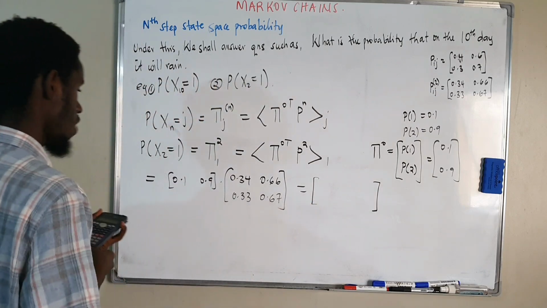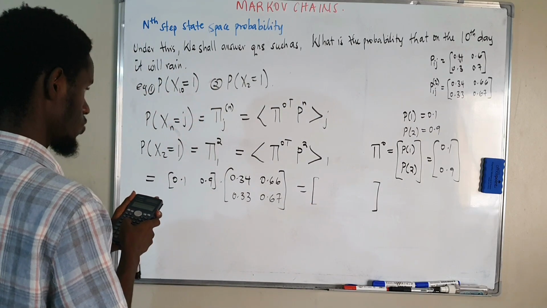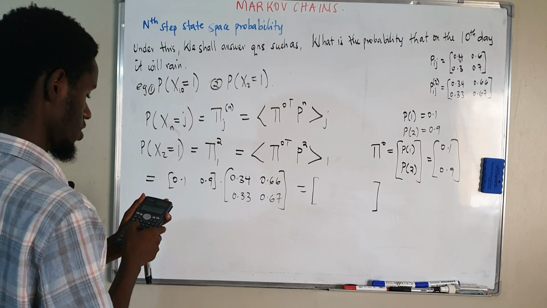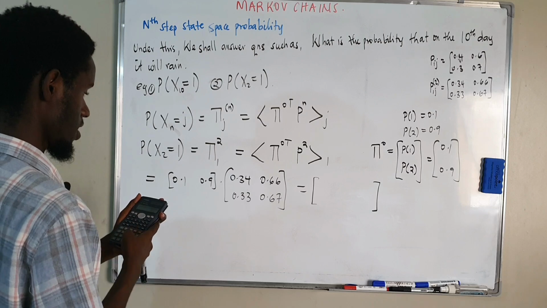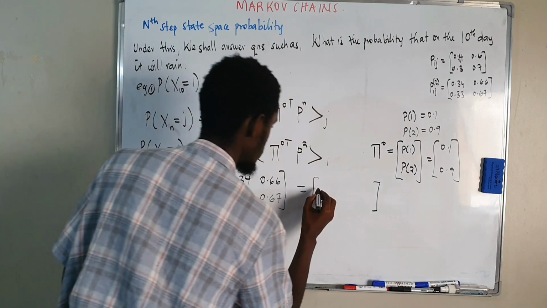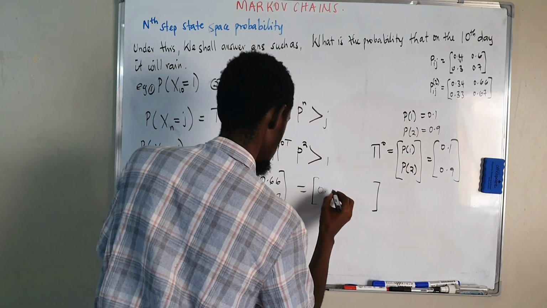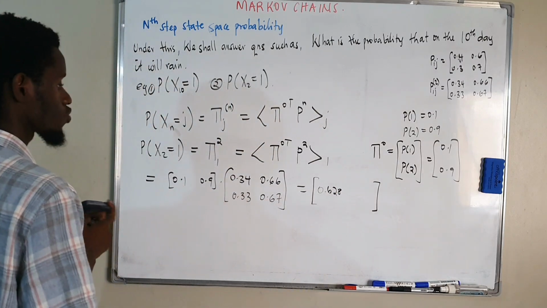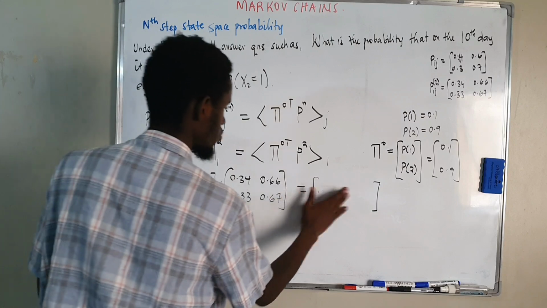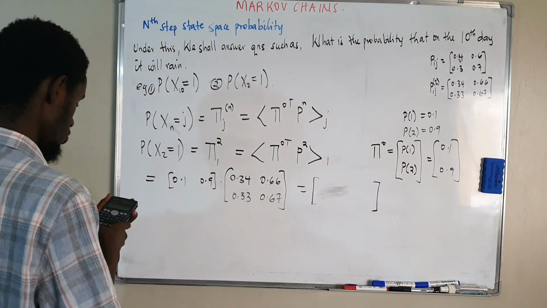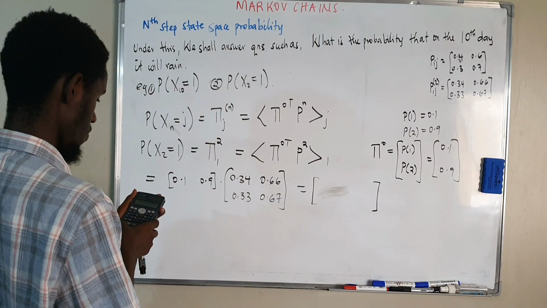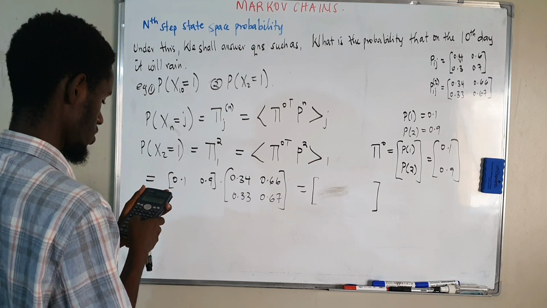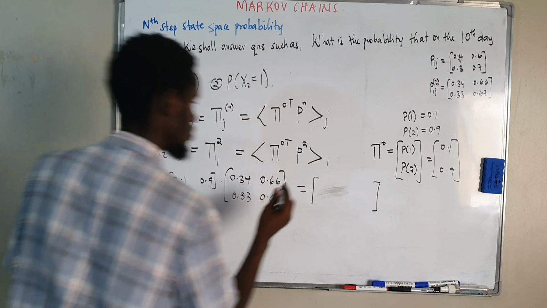Therefore, let me multiply 0.1 into 0.34, plus 0.9 into 0.66. I get my answer as 0.628. Now, sorry, I'm doing row by column. Sorry, this is not the right answer. It is 0.1 into 0.34, now plus 0.9 into 0.33. You get my answer as